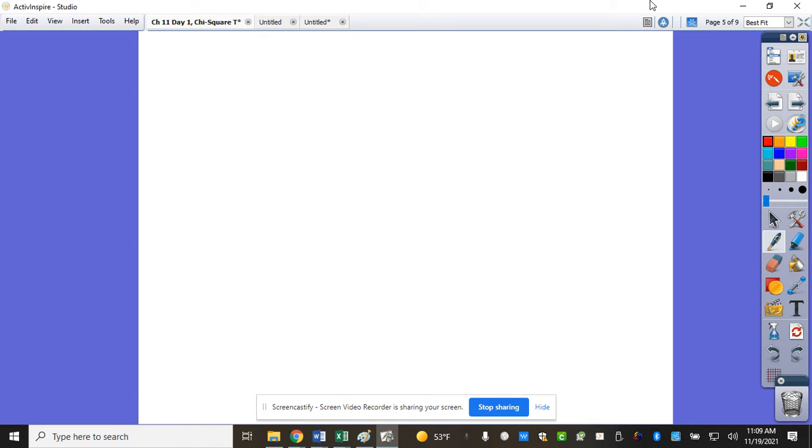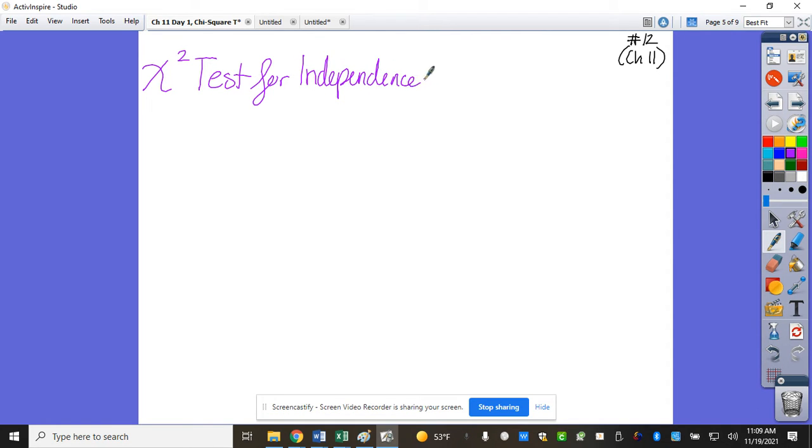Alright, so this is 4-step number 12, and we're in chapter 11 now. So I'm writing it split like that, to where I'm writing it's two different things. Not much is going to be different about them. So this is a 4-step generic for the one we've talked about so far, the chi-square test for independence. But then I'm going to split it and also deal with a chi-square test